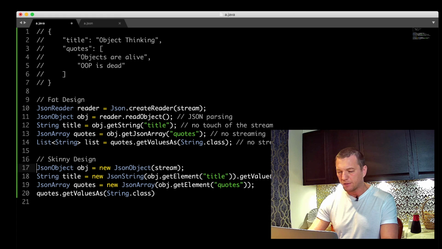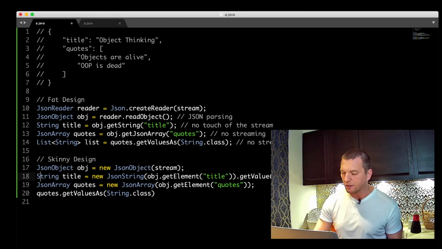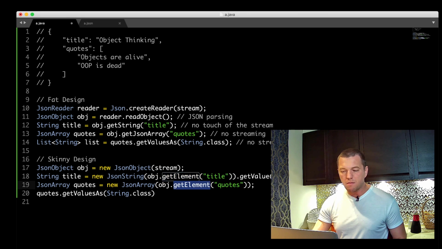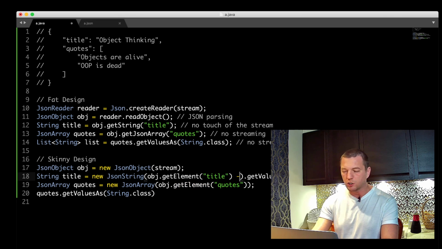It doesn't really matter this line. But here, in order to retrieve the title from there, I say object get element title. Take a look. I'm using get element here and I'm using get element here. So it's the same mechanism of retrieval of something from there. And probably this one should be string, and this one also should be string.